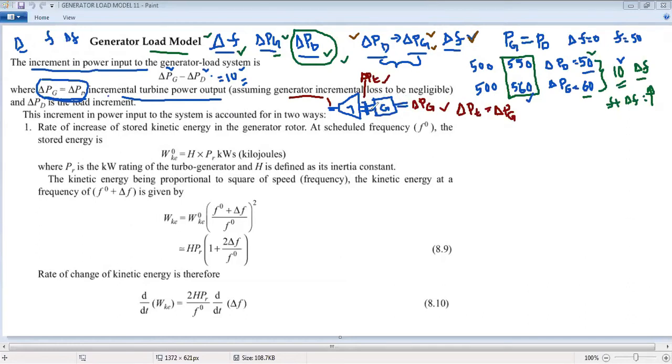We are assuming that. Why have we mentioned increment again? Because we are discussing the incremental changes in the load demand, or increment in the load demand, and increment in the generation. So if there is an increment in the generation, definitely there will be an incremental loss. That's why he has mentioned incremental loss. We have taken in this case an increment in the load demand.